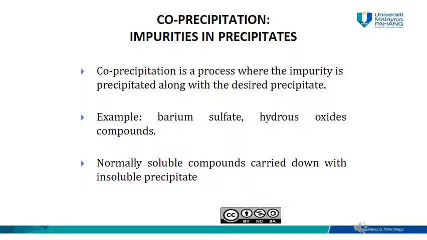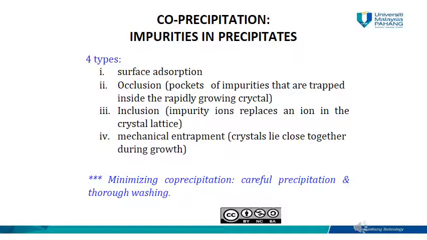For instance, barium sulfate, hydrous oxides compound. Basically, when we have what we call impurities, it means that we don't want this compound to be in our precipitate. When the soluble compounds are easily soluble in the water, they will easily be trapped in the precipitate. So for the impurities, we have four types of